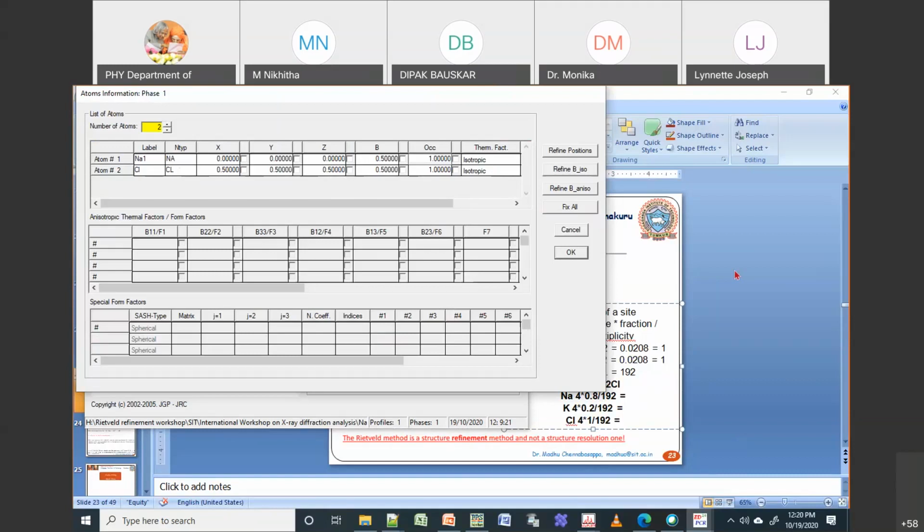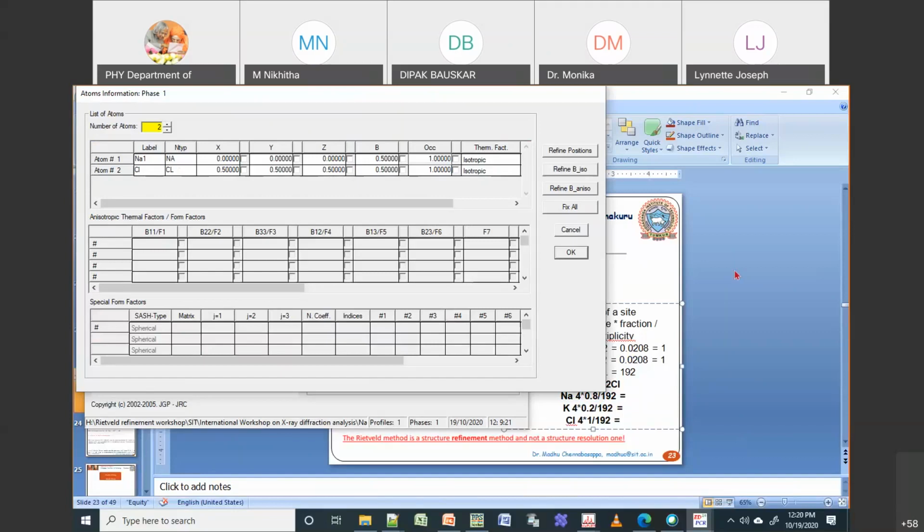So if you go back here, now I have this. Let us try to do one refinement. Before doing the refinement, you need to make sure you are changing the scale, because the scale will give the fraction of each phase. This scale is changing during your run. What I do is I will close and get rid of all this, because it may slow my computer. Now I can run the program.